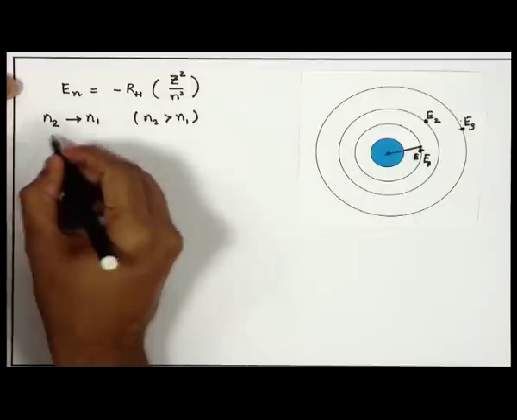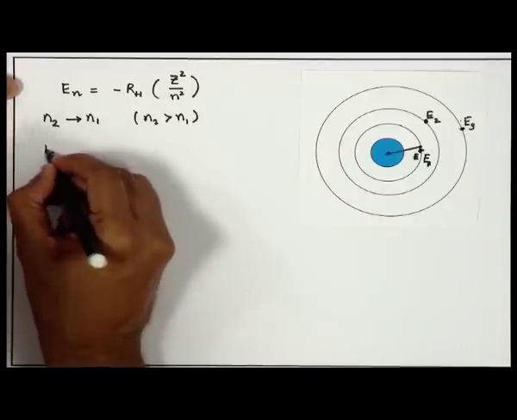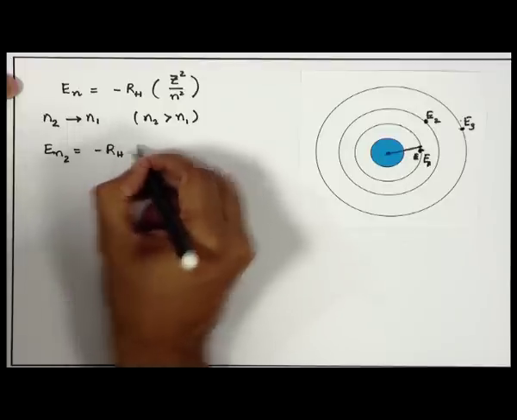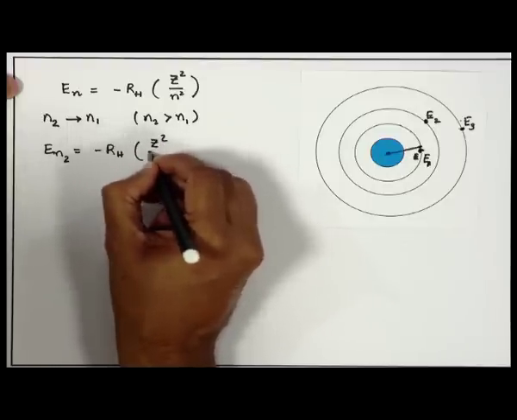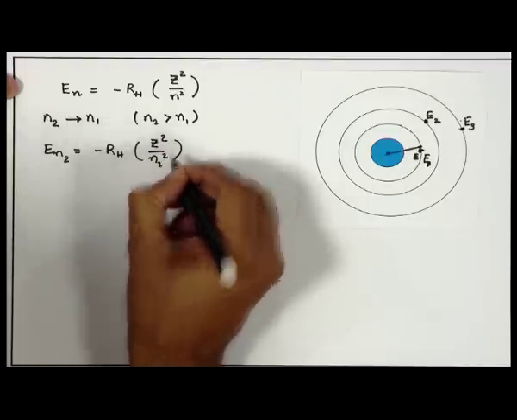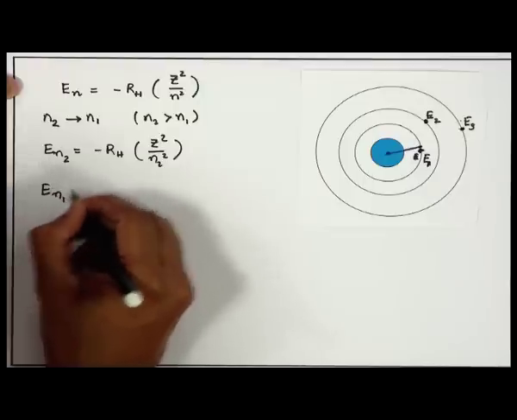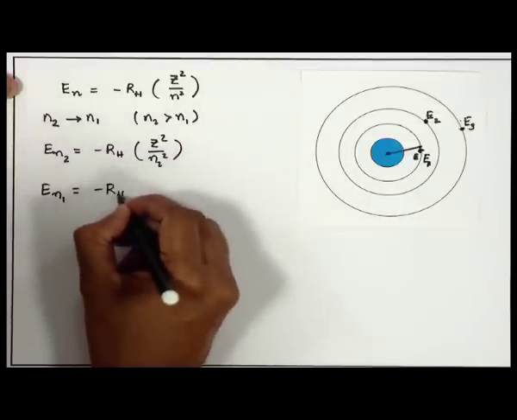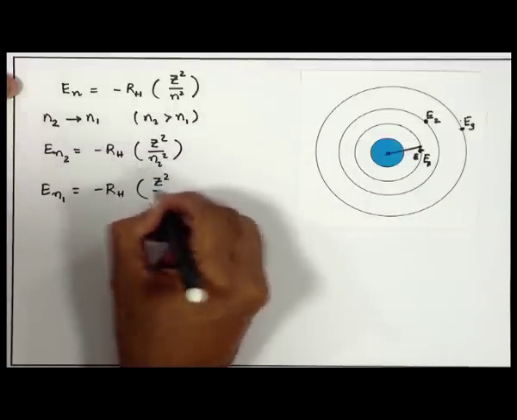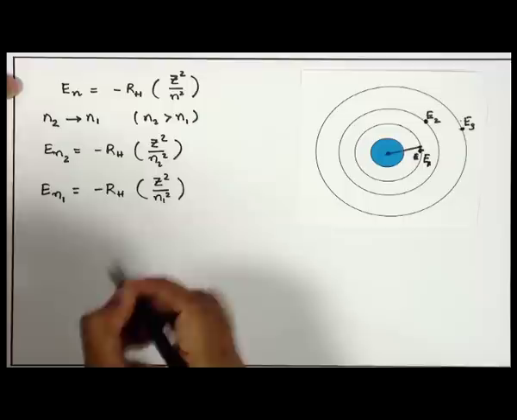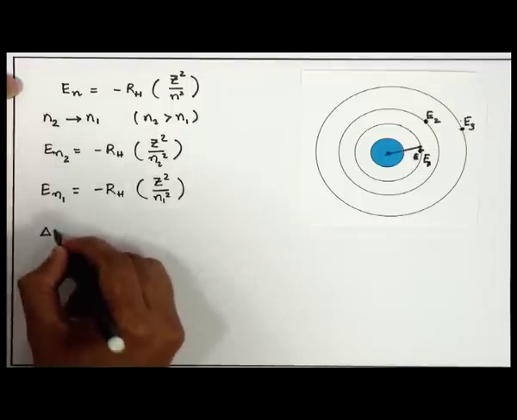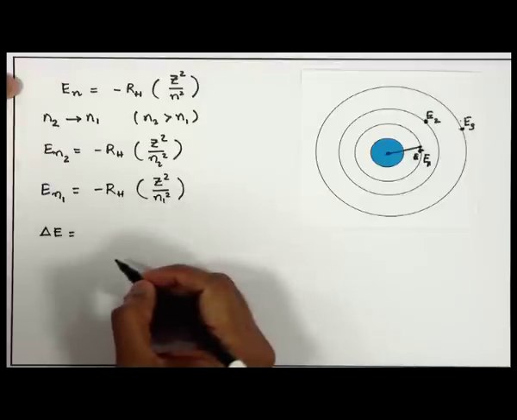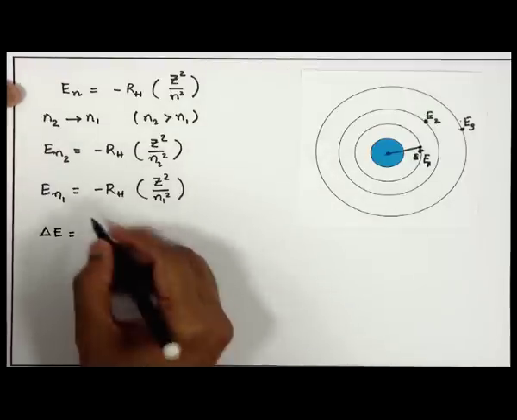In that case, the energy of n2, the higher energy orbit, is given as this, and the energy of the stationary state to which the electron is going is given here. The difference in energy, delta E, which is E n2 minus E n1, is given as